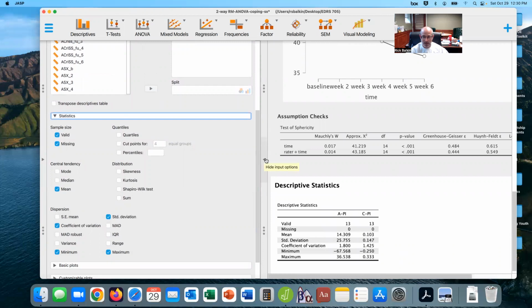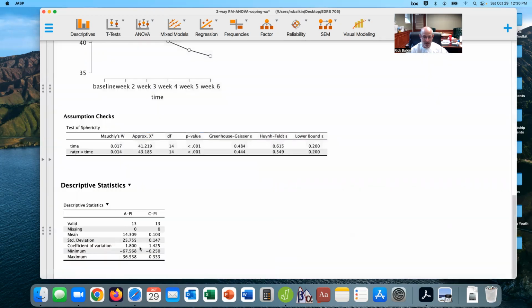That's a neat one because it tells you how much variability is in each of the respondents. And you could see that the coefficient of variation is somewhat equivalent, but that adolescents say,